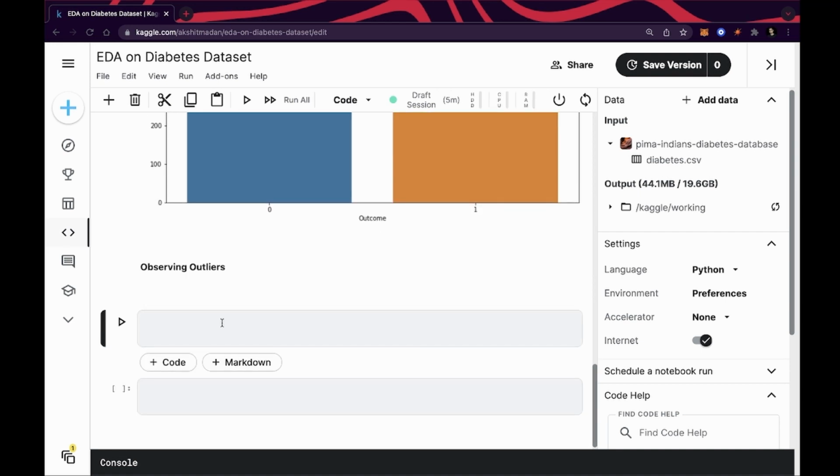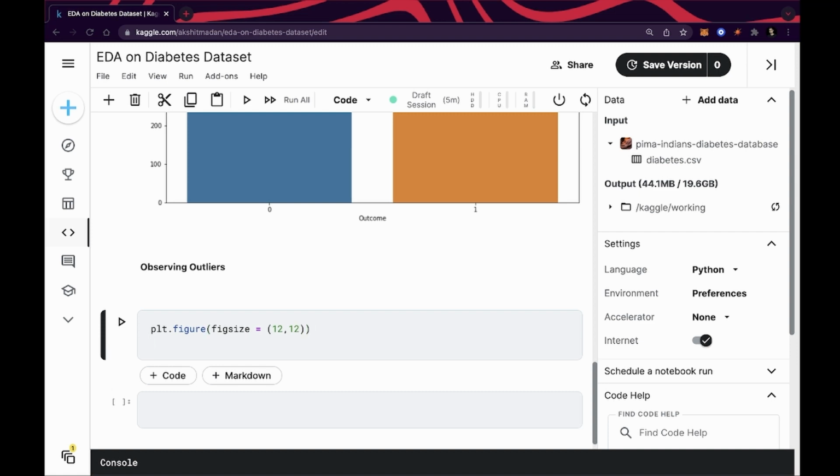And for this, again, we need to create a plt.figure, and let's give a figsize, and let's make it square this time. So 12,12, and now we need to run an enumerate function. So I'll run a for loop, because for seeing the outliers, I need to go through all the columns. So I'll use a for loop and I'll iterate through all my columns. So for i, col, that is col, that means a name for my column, in enumerate,